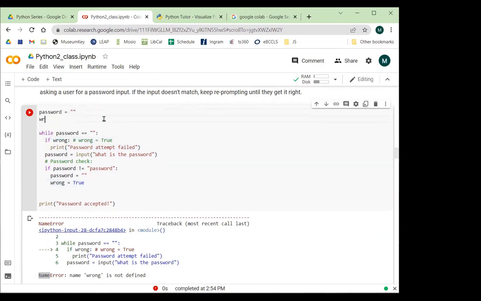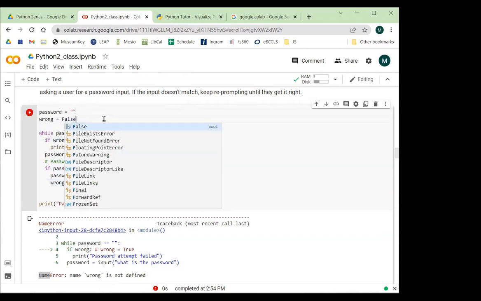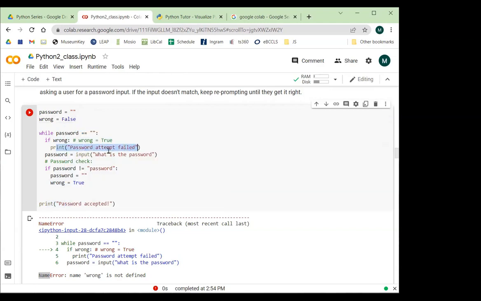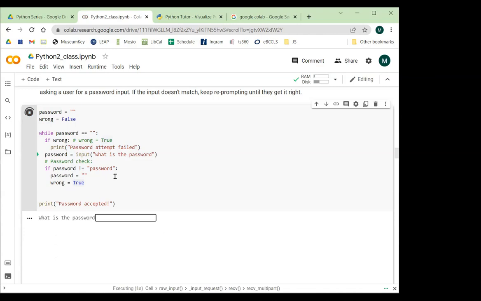So let's initialize it all the way up at the top. We'll say it's equal to false, so we don't get this message in the beginning, but we should get it on the second and any subsequent attempts to type it in. Now if we click play, we get a blank object. This flag is false, so we skip this little bit. We get to the input line. We'll type in some stuff. When I click go,